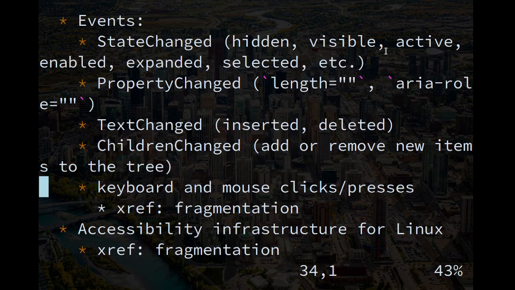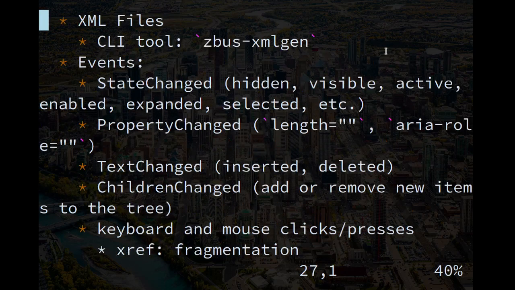Also, keyboard and mouse clicks and presses. These are also handled through the accessibility bus. Or through ATSPI, and we haven't talked about what that is yet. But there is a note in here for later. That's obviously a huge security risk, but on top of that, it's complicated because of Wayland. X11 had a system that worked for a very long time, and now Wayland's messed it up. But anyways,